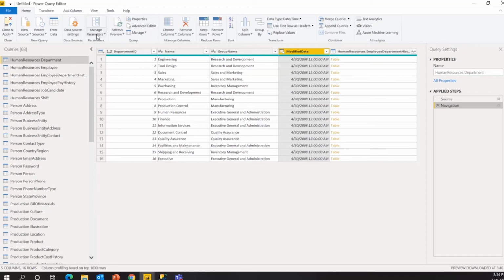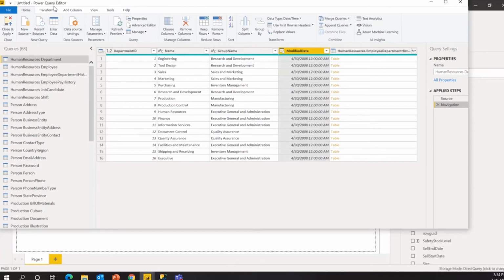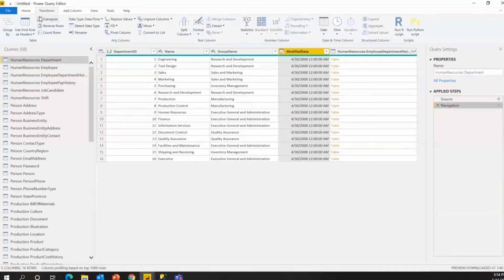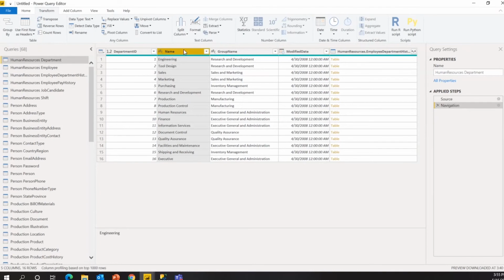So let's try to make some changes. Go to transform, and we'll try to replace some values. Maybe we will replace the value engineering with engineer, just a random change.